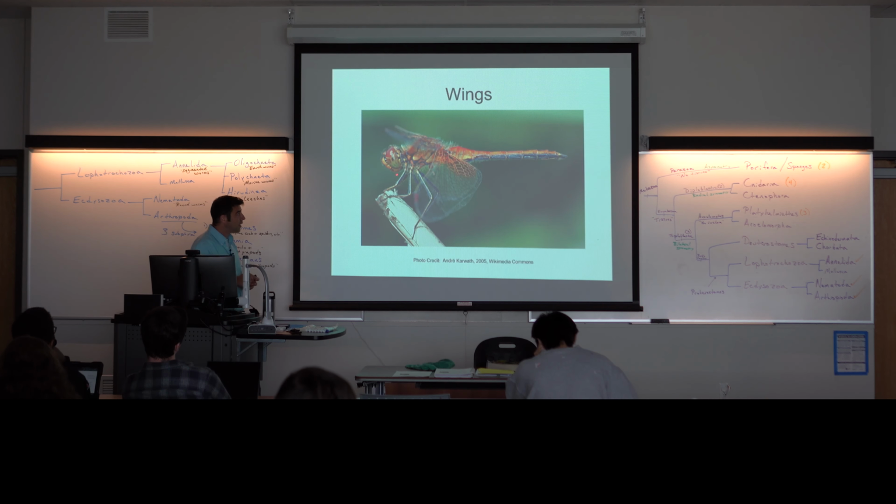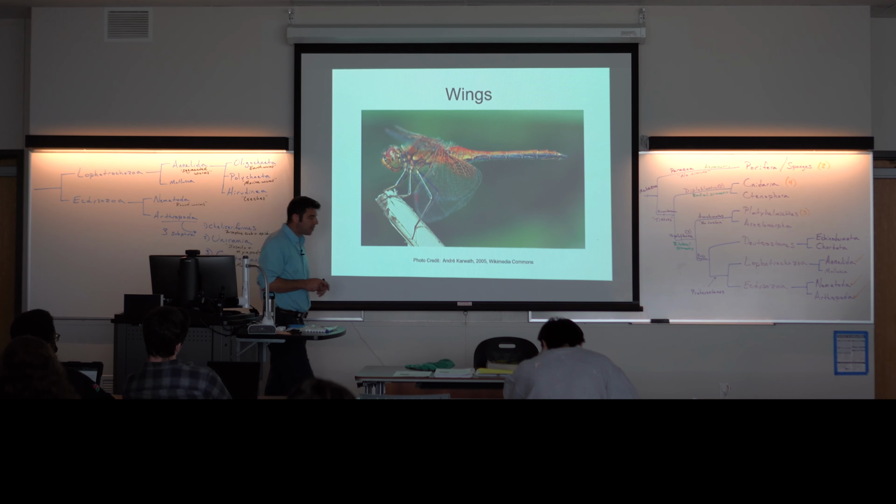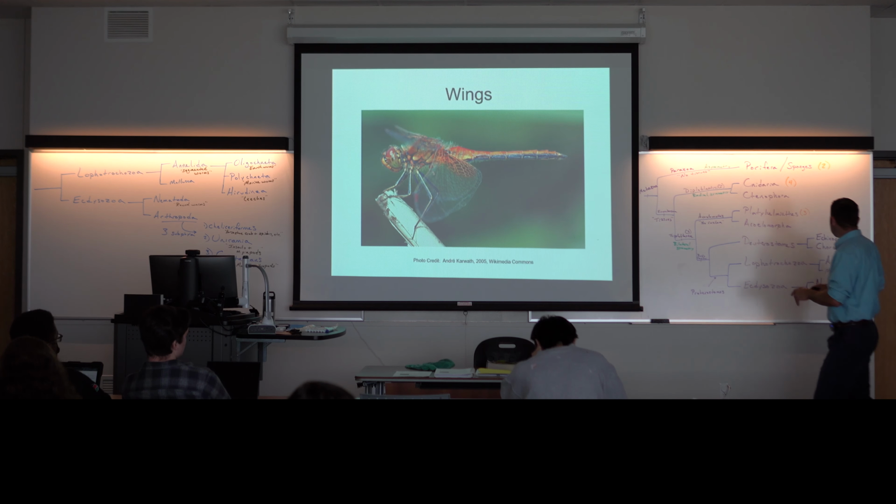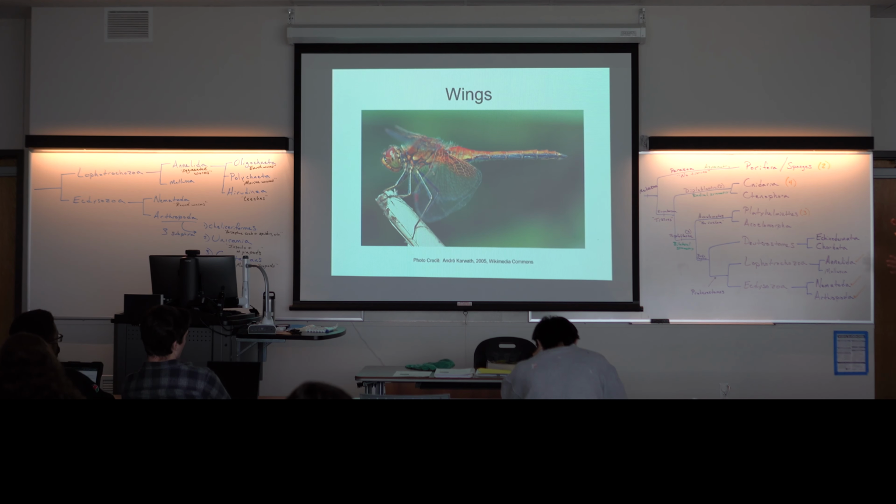This dragonfly once again shows us 3 pairs of walking legs. Those walking legs are attached to the thorax, and we can also see these wings coming off of the same area. Not all insects have wings, but if we're thinking about any of these phyla that have figured out flight,